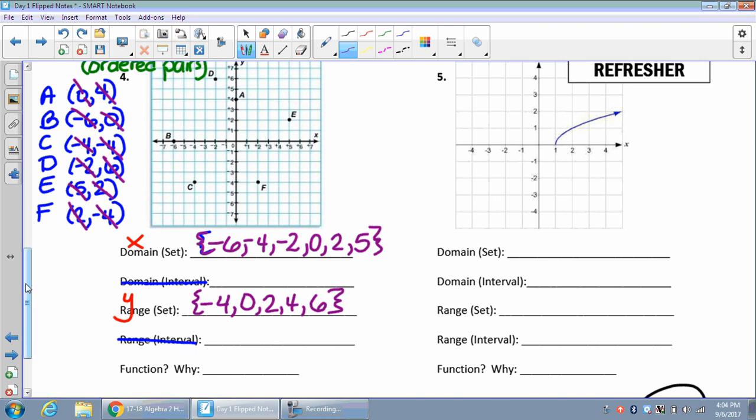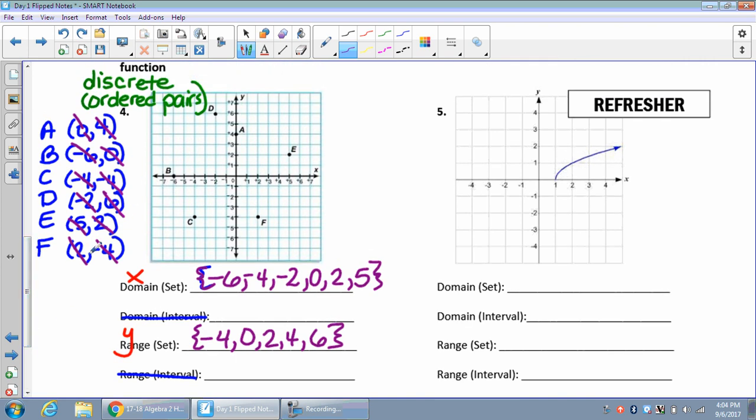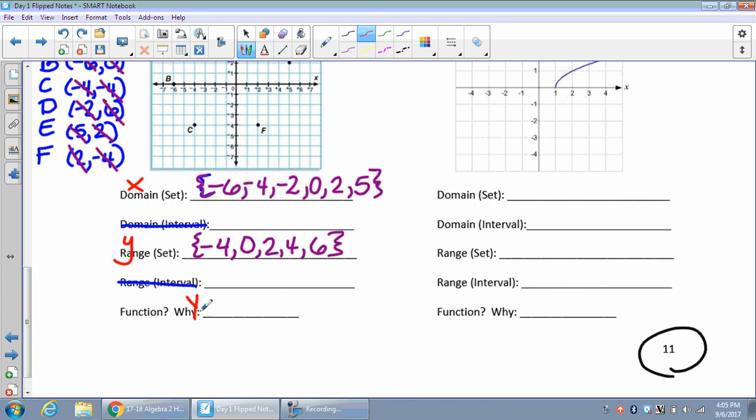Is this a function? So there's two ways we can look at this. We do have this list of ordered pairs, and because I only lightly cross them out, I can still see my x values. Remember from class that if there are no repeating x values, we're good to go automatically. So 2, 5, -2, -4, -6, 0. So right away I can say yes,